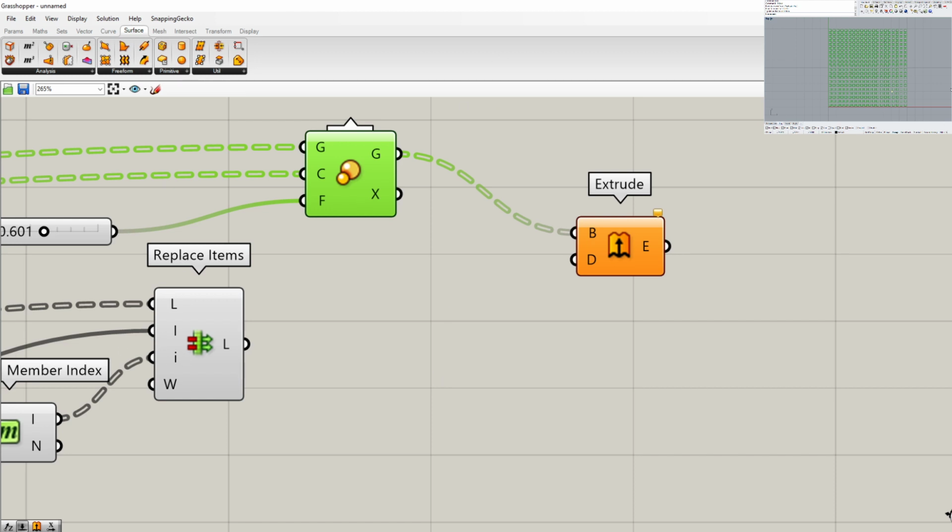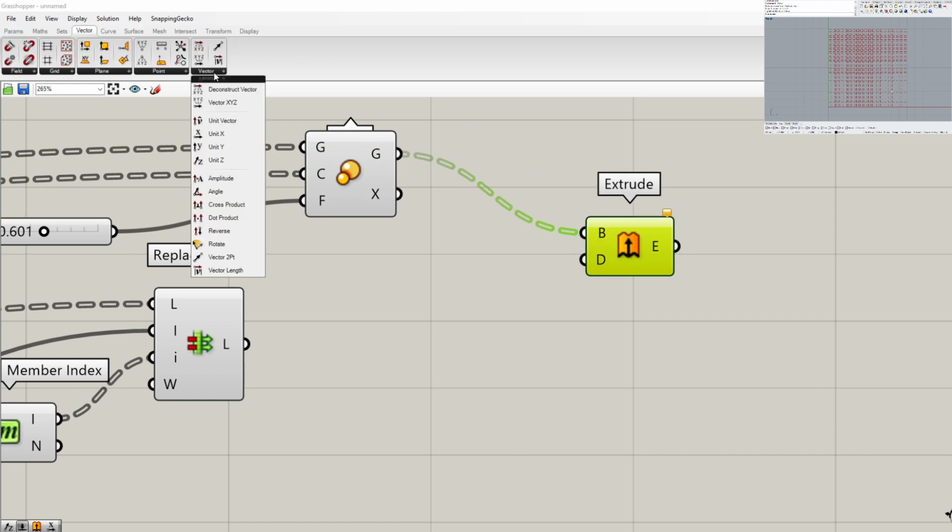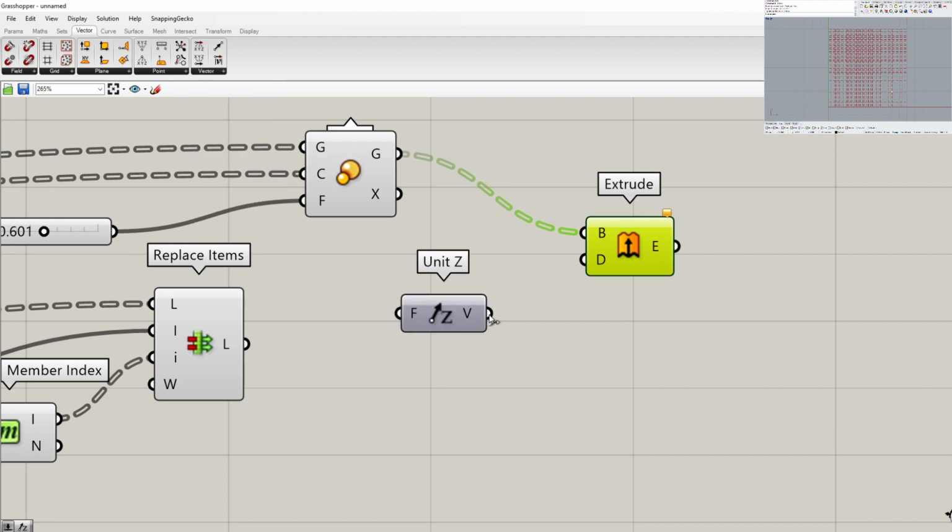Now, I'm kind of ripping off someone's roof, so I'm going to choose the Z direction. So under vector, I'm going to go to the vector subcategory, and I'm going to choose the unit Z. And I'm going to plug that into the direction. And then it's kind of as simple as plugging that into there, and we will get something out. Now, you'll notice that because my camera is on top view, I'm not really seeing anything. But if I go to my perspective view now, you'll notice that I have a whole series of these